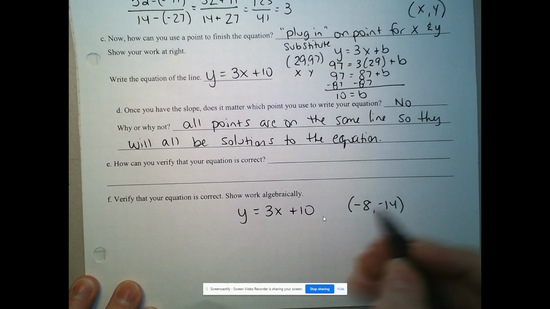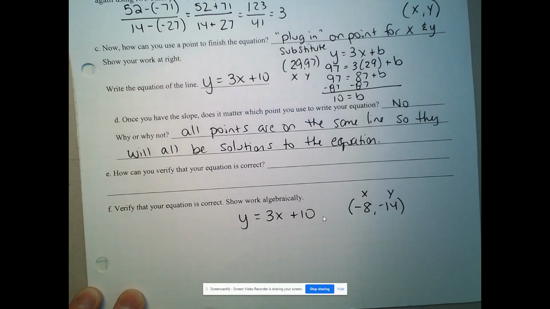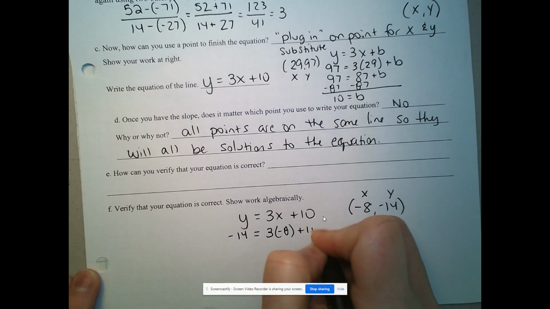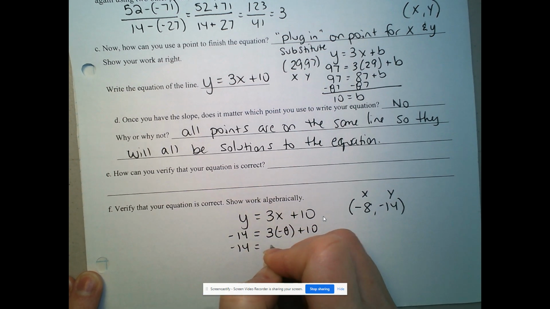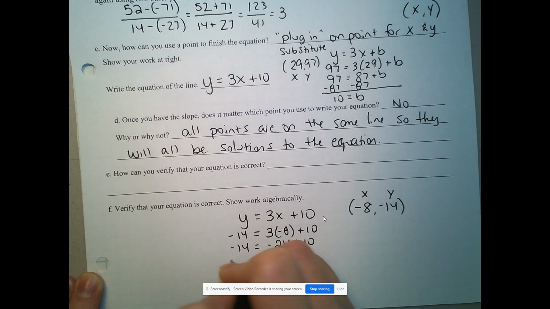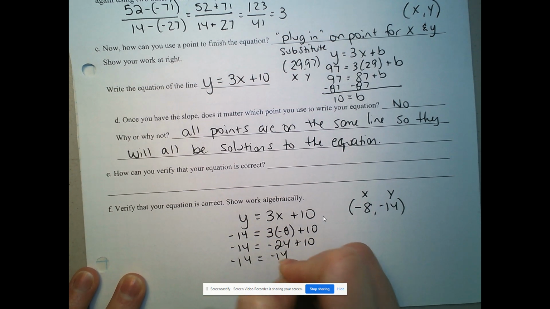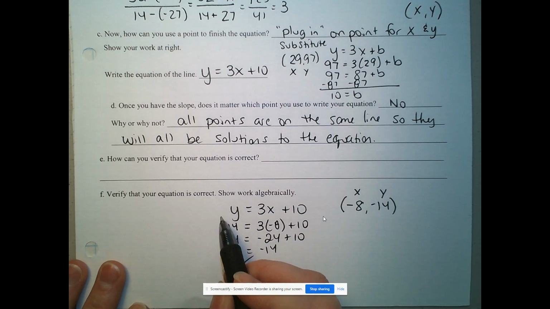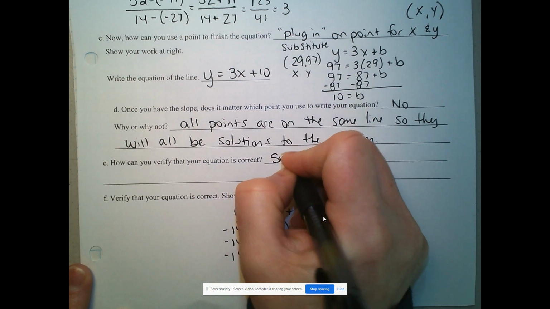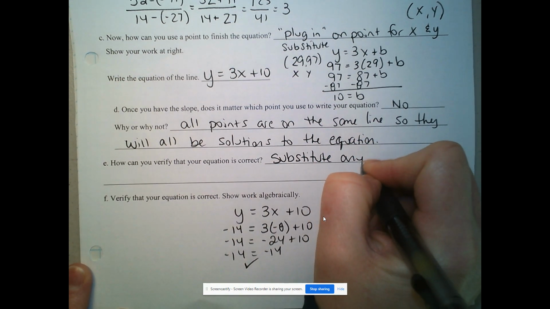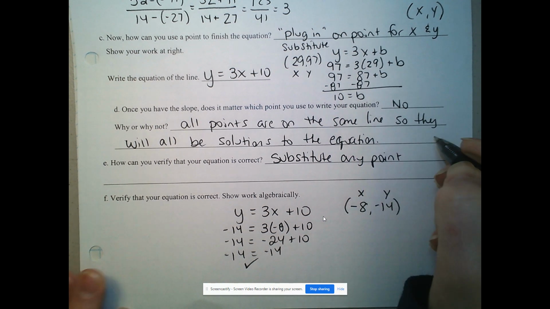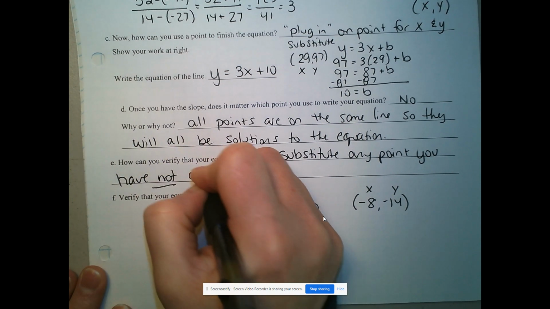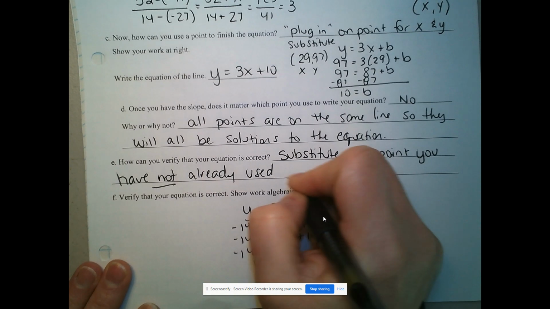And I am going to plug in negative 8 for x and negative 14 for y. And say, does negative 14 equal 3 times negative 8 plus 10? Does negative 14 equal negative 24 plus 10? And if I add negative 24 plus 10, I get negative 14, and we would say, yes, this coordinate was a solution to this equation. So substitute any point you have not already used into the equation